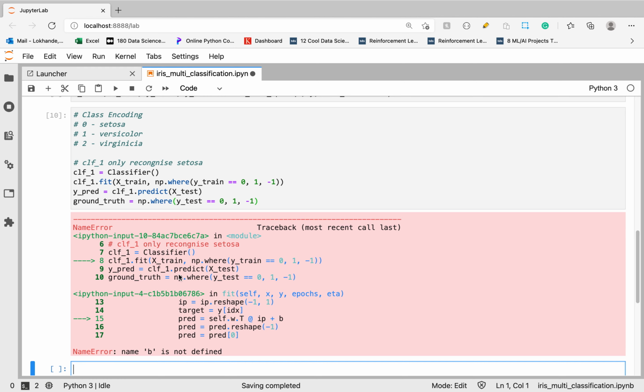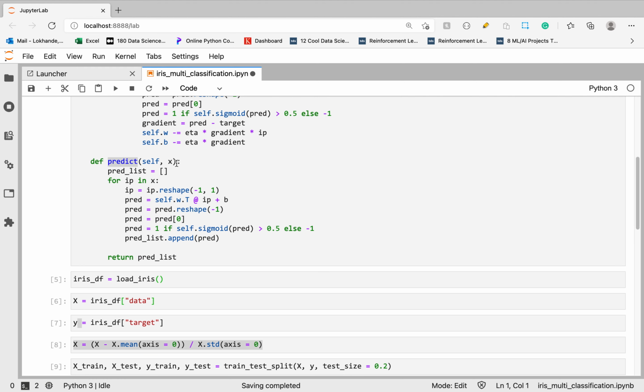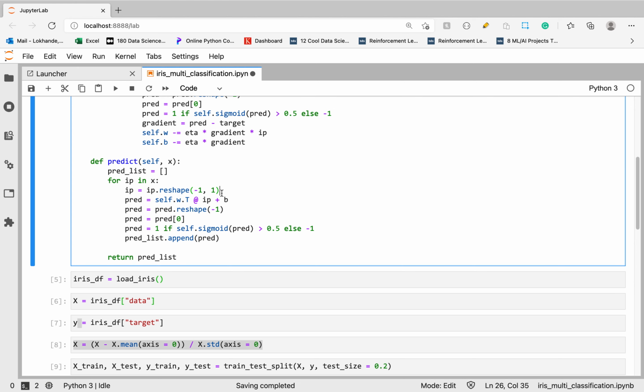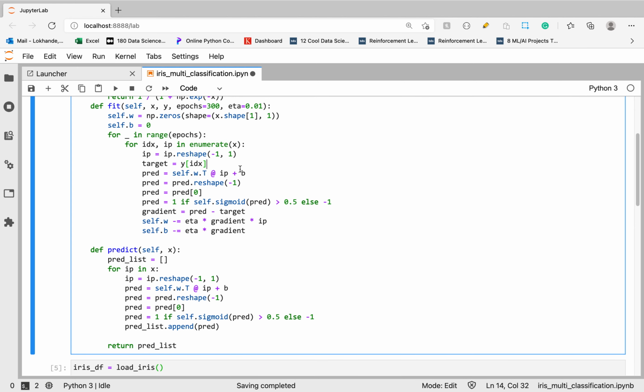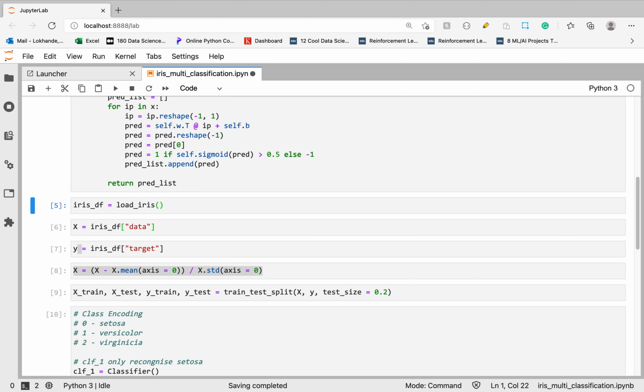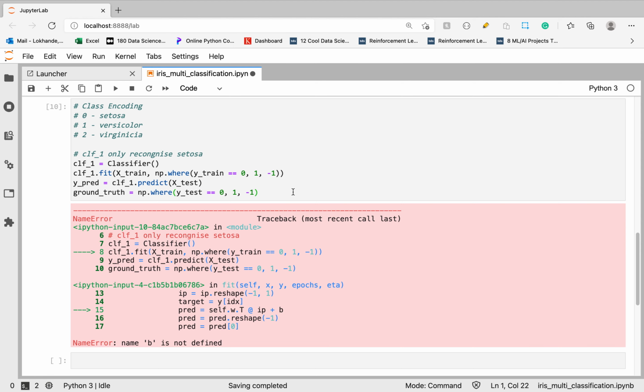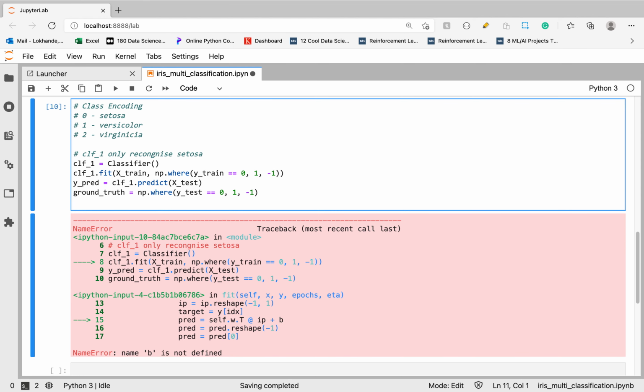Okay, b is not defined in the fit method. Here I need to write self.b, and here also self.b. Okay, now the ground truth. Now let's find the accuracy.